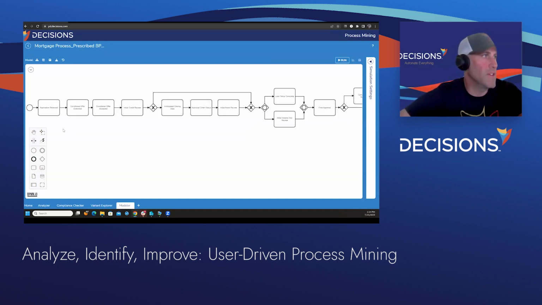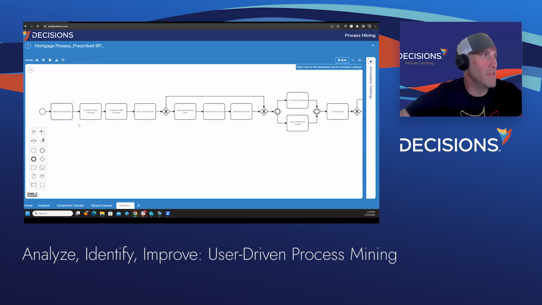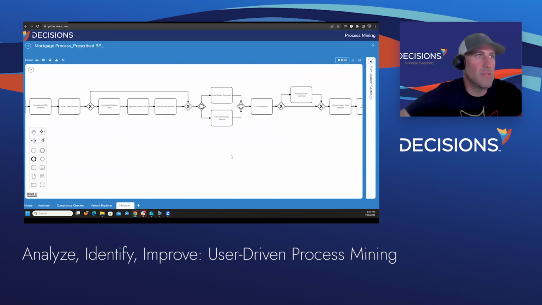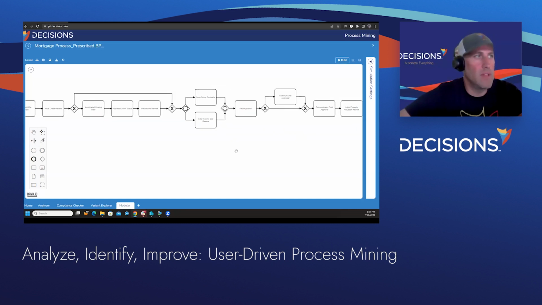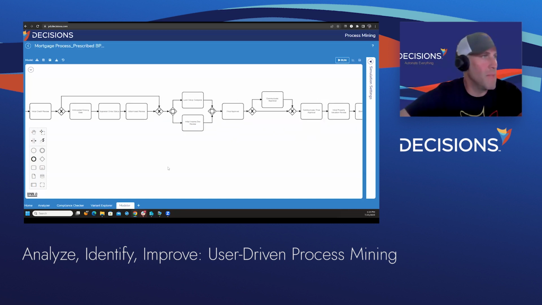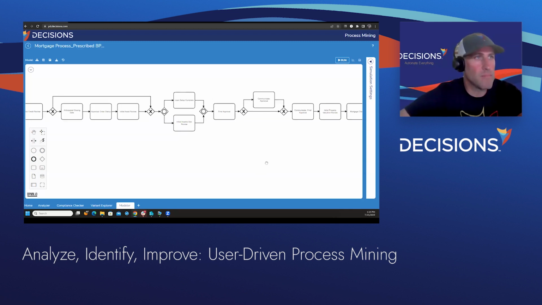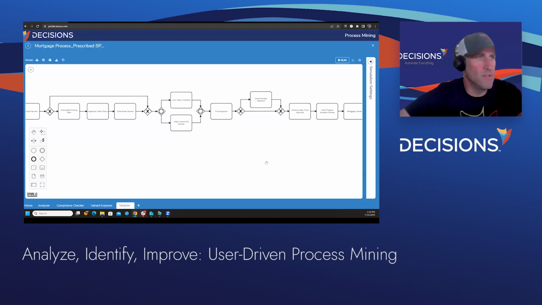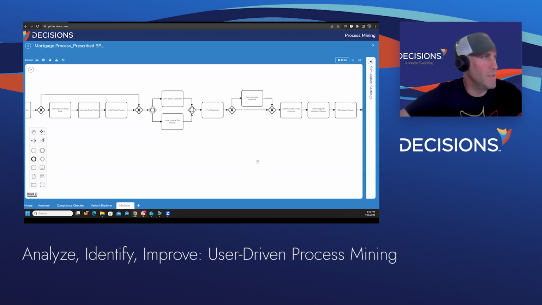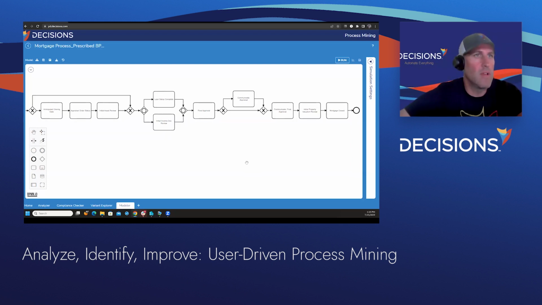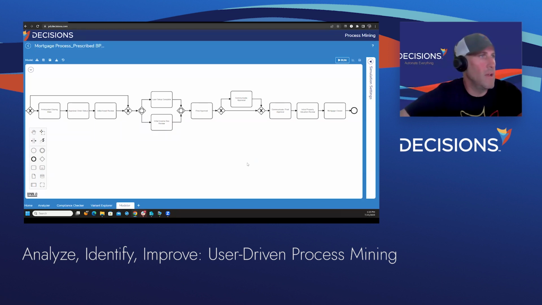As I zoom in, we can see the different steps in their particular mortgage process. We can see a couple of decision-making points. We can see some activities happening in parallel. A lot of the decisions being made here are humans making decisions. The decisions actually have to do with some of the types of loans that are being processed.